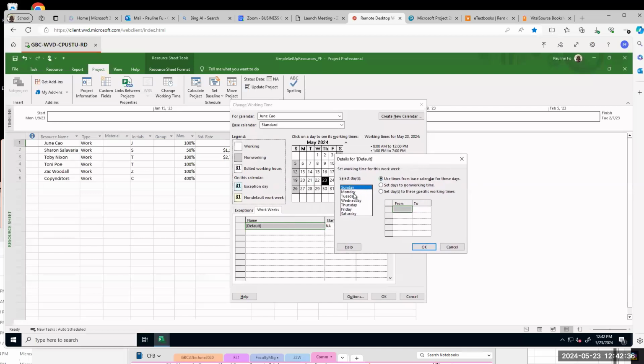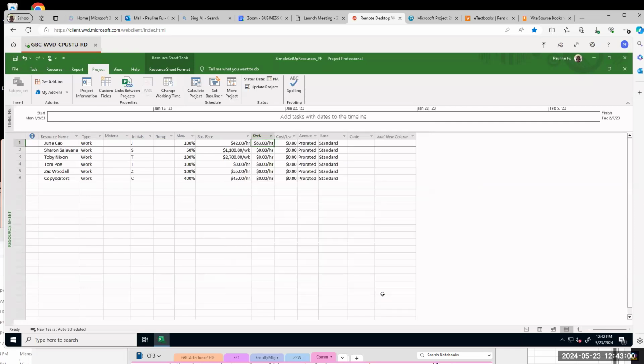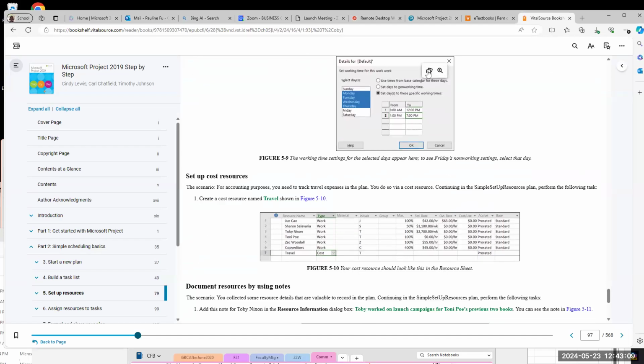And then you select Monday, press and hold down Shift, select Thursday. Then you click radio button, set days to 8 to 12, then 1 to 7. Okay. So after all of this, you click OK button. And click OK button again. So we finished step 2 here. We finished step 2. Okay.